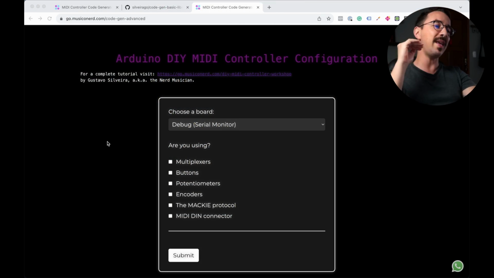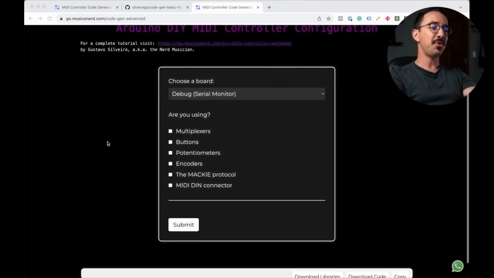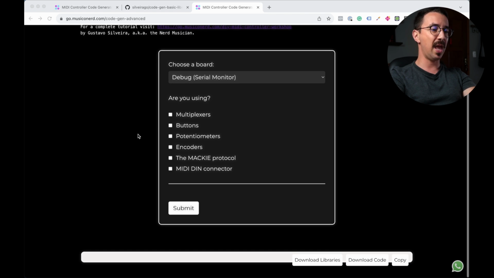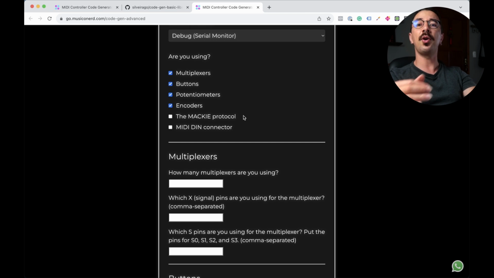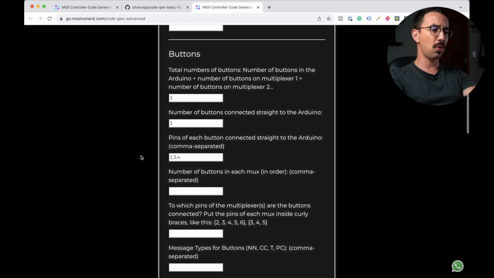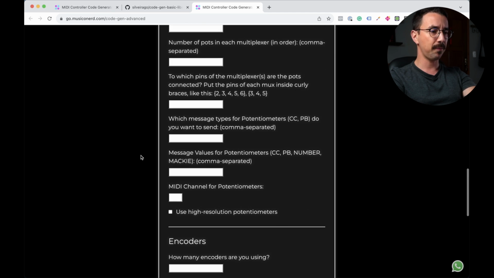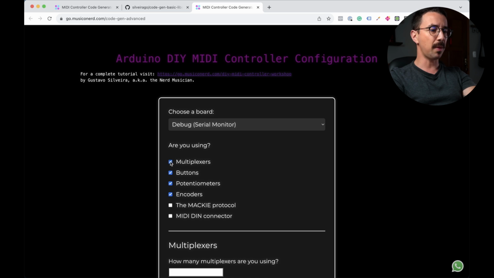So how do we use the advanced version here? You can see that we have more options. We have multiplexers, buttons, potentiometers, encoders, and other options that we can just activate or deactivate in the code. You can see that now it's also more beautiful, more organized. So let me show you something.